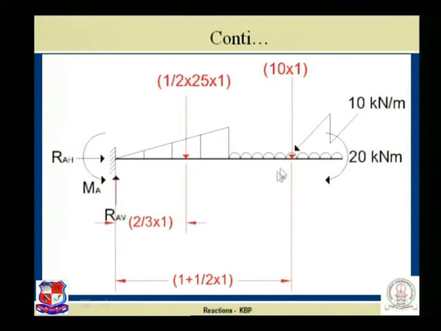No horizontal force is acting in this case. So if we use sigma H is equal to 0, RAH automatically comes to be 0. Now using the second equation, sigma V is equal to 0. Here only one horizontal reaction is there. If you recall the previous problem,